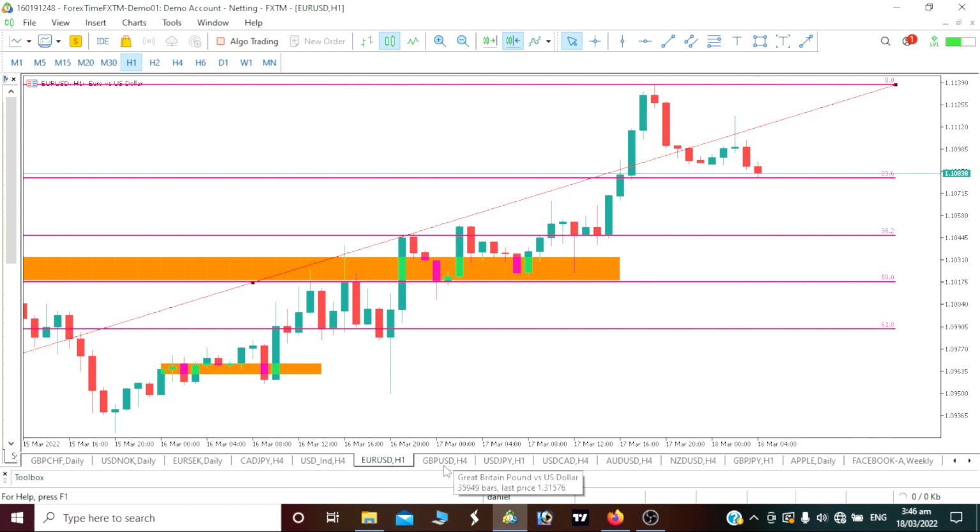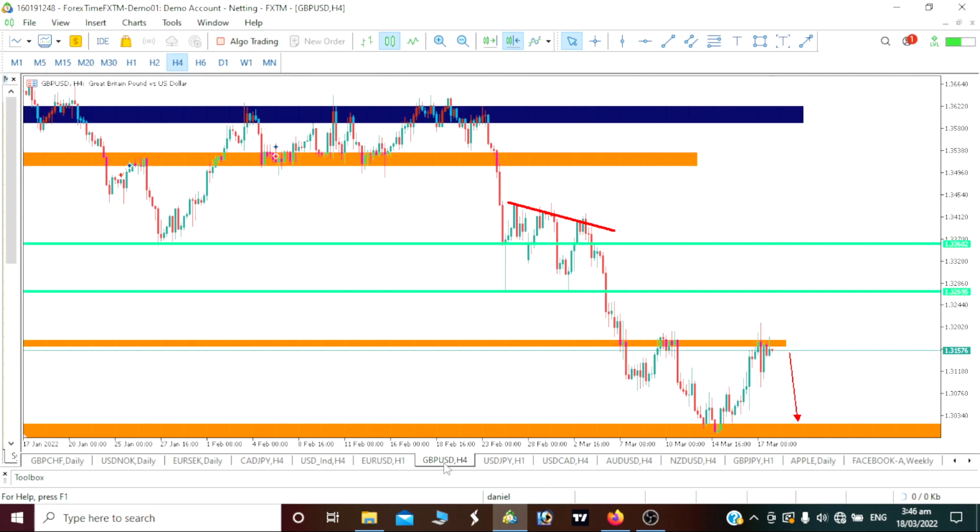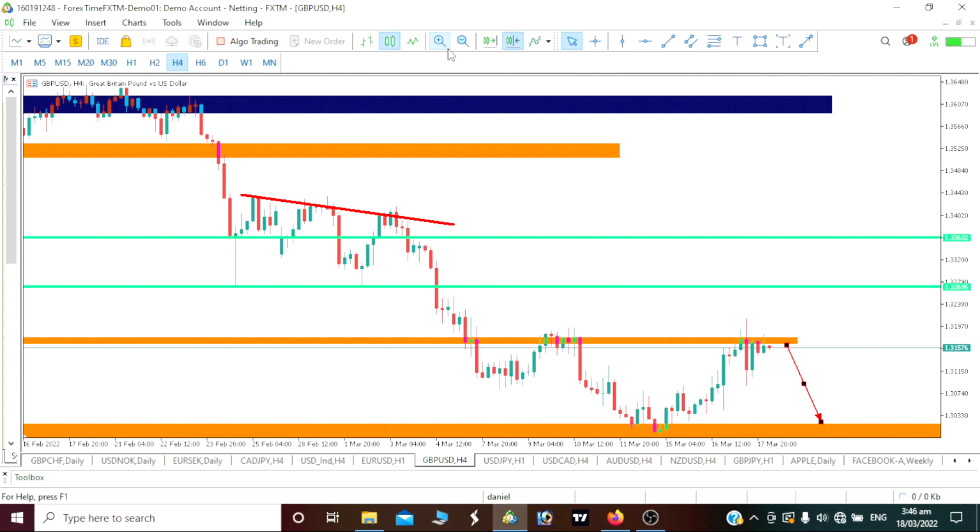So Euro USD, we want to see a bearish move before we see our bullish move for today. Same thing with our Pound USD. I basically want to be seeing the price move down because I'm on our 1 hour time frame. The reason is that we will be seeing a double top here. You can see price has reacted to this area, it has come back and it is failing to break around this area. So basically, we should be seeing our price pushing down for today, at least down to this area, which should be giving us about 54 pips for today.